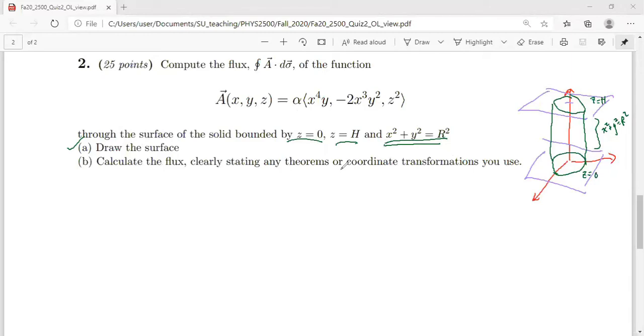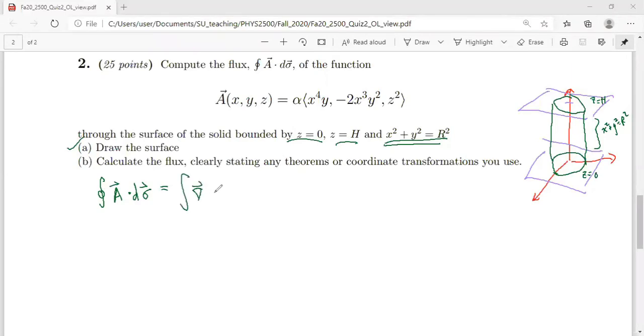Any clever theorem that I could use potentially to make myself have less work to do? I'm not sure. So, Divergence theorem? Yeah, so ultimately